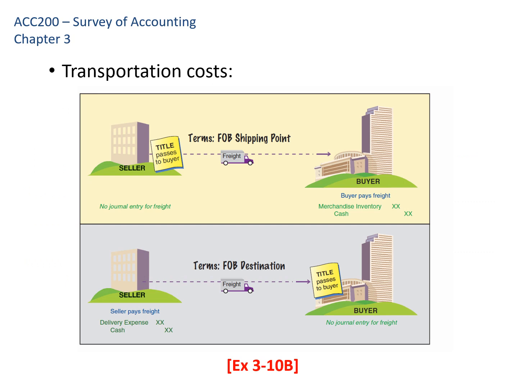So transportation cost, there are two different terms for that. One is FOB shipping point, which means the title of the goods transfers to the buyer at the shipper's loading dock, and the buyer is responsible for paying the freight to get it to them. In that case, it also determines when the sale takes place. So if the shipper ships something on December 31st, it's in that year, even though it might not arrive until early January. So the buyer recognizes that they own that inventory on December 31st, and the seller recognizes they sold